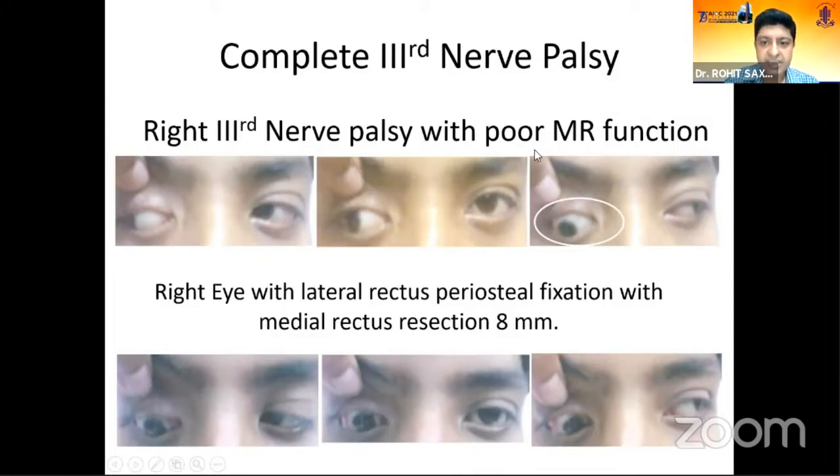So here you can see that you have very little movement on adduction, attempted adduction, and post-operatively, you can see that a reasonably good alignment is possible. And the medial rectus resection also allows us to get some adduction movement in. So of course, there will be loss of abduction because the lateral rectus is no more active now, but at least you have good primary gaze alignment and a fair amount of adduction and convergence, which can be useful in